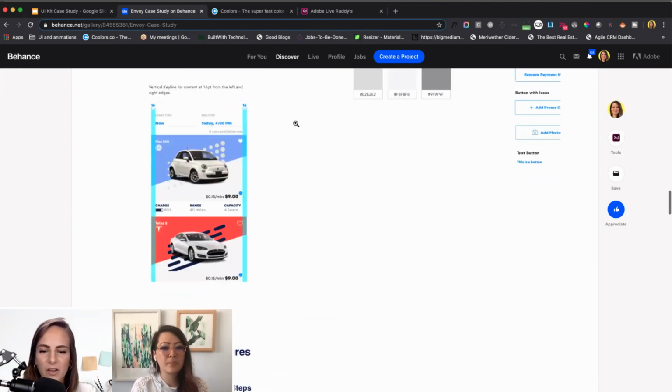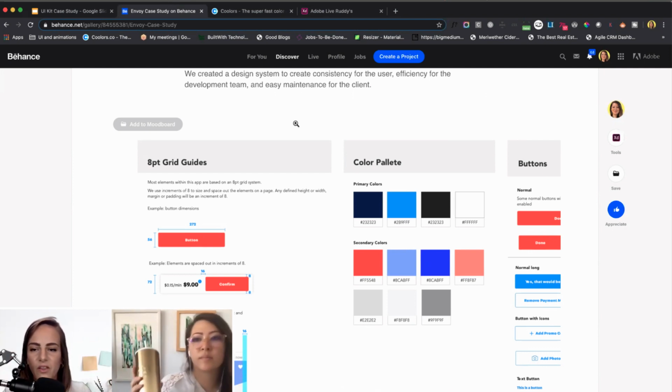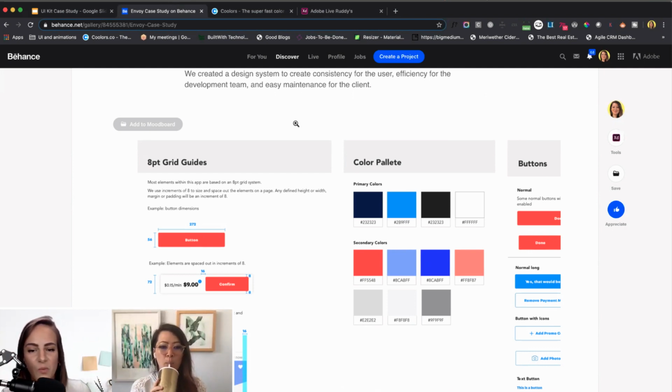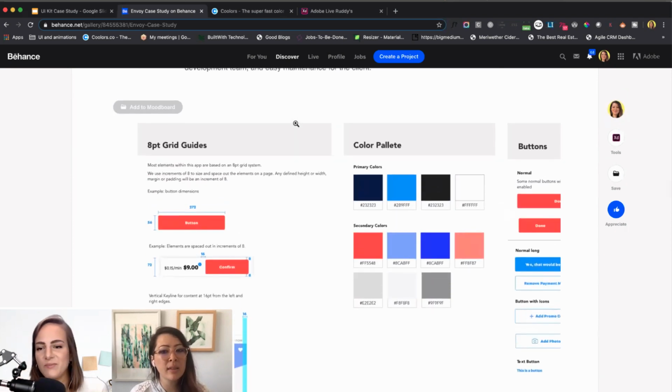You know what I like about this area also is that it doesn't take up too much real estate. I don't have to keep scrolling through a bunch of this. I can see it in one little scroll. I get it within 1 second of seeing: color palette, grid lines, buttons, got it. I don't need to keep scrolling through all this. So keeping this area concise, I think, is very important. Yeah, that's a good point.